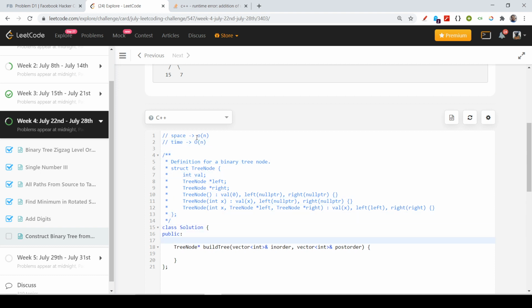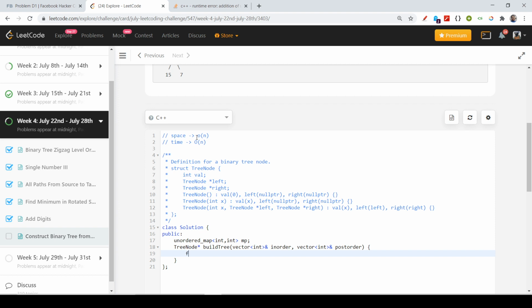So first of all, I will have a global unordered map, of int and int. You might also ask, okay sir, it might have the same elements, or the elements can be repeated. As I know that I have to make a tree out of these two, the elements will be different, but still you can ask your interviewer.